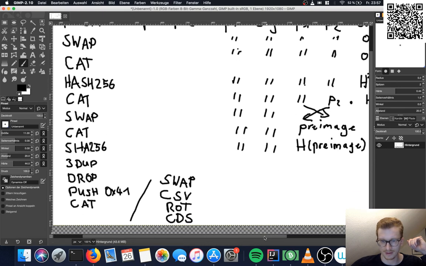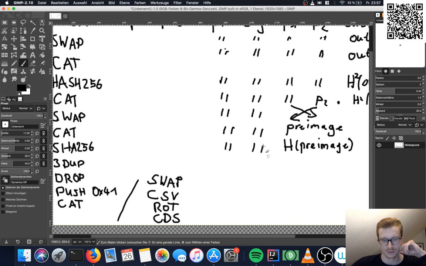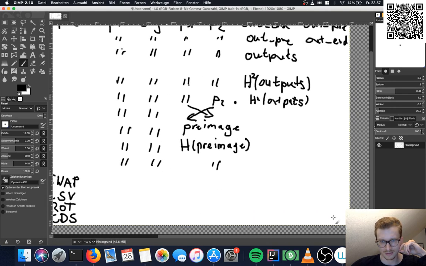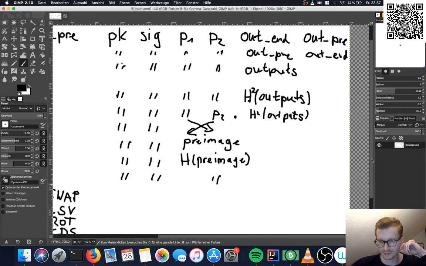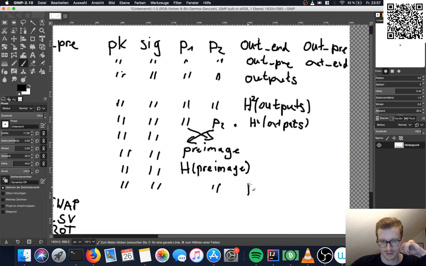And after that, we will do a 3-dupe. So these we'll keep the same, and we'll have a copy of the public key, a copy of the signature, and a copy of the hash pre-image.